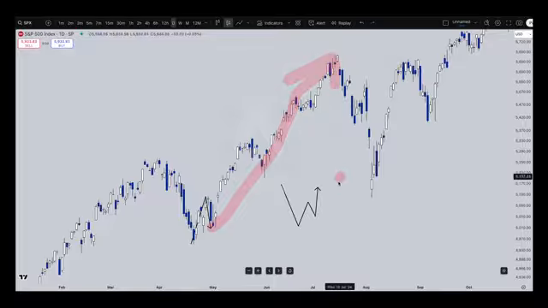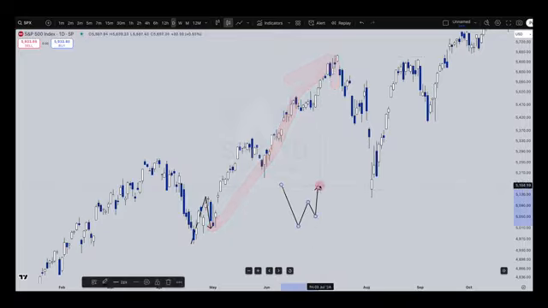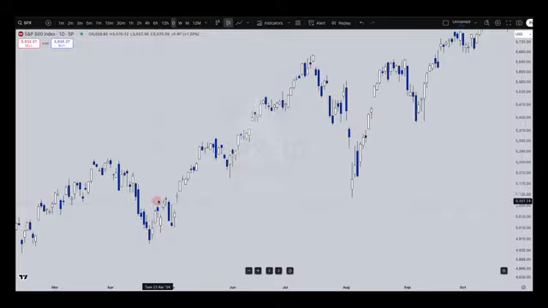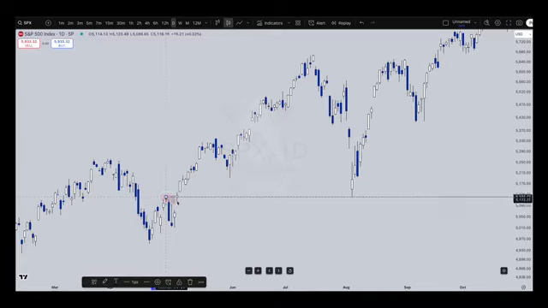Okay? But pay close attention. Because if you notice the failure swing, I told you the entry point would be the high of that swing high. So you see the range of this last up close candle before that decline begins is your entry point. So when price comes to that level, that's where you're going to start looking for entries. And if you look at the high of that candle, which is 5123,